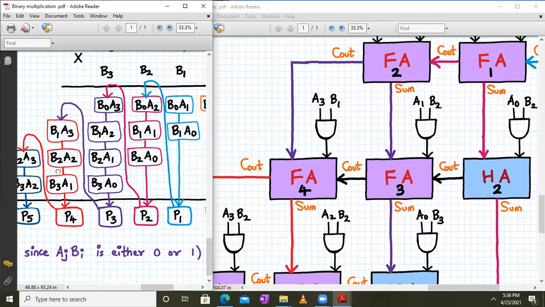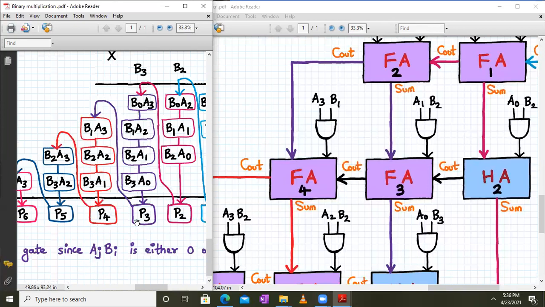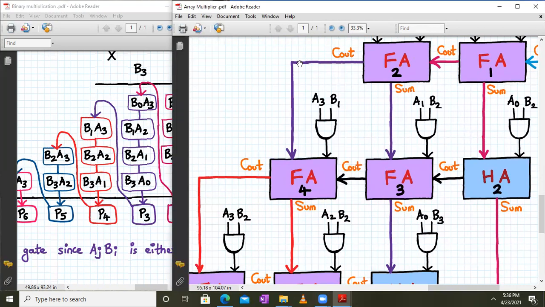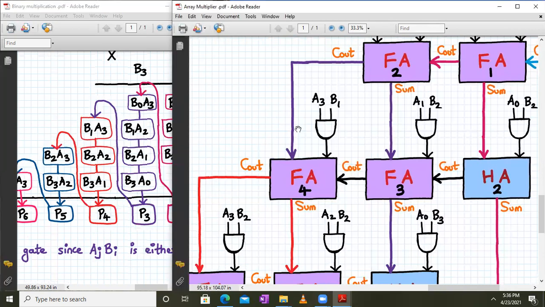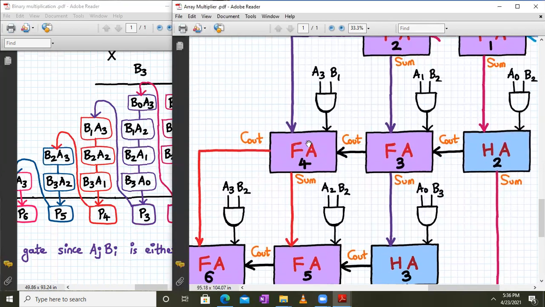Now for P4, it contains the C out bit from P3 also, and it adds these three product terms. So it contains the C out bit from the previous P3 implementation. Then full adder number 4 will receive two inputs: one is the C out from the previous P3 bit, and the other is A3 B1.